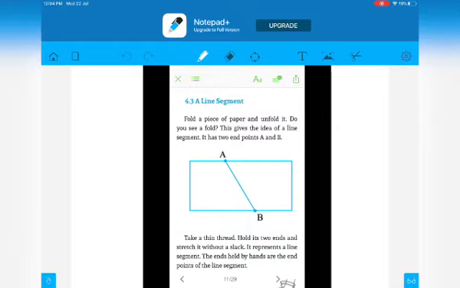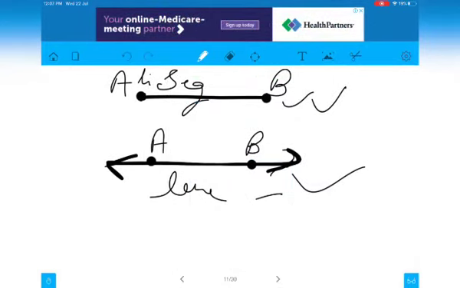Now dear students, our next topic is a line segment, and after that we have to study a line. Now there is a little bit of confusion between the line and line segment in students. So don't be confused, because now I will explain these two topics together. What is the difference between a line and a line segment, so you will be able to distinguish between them.